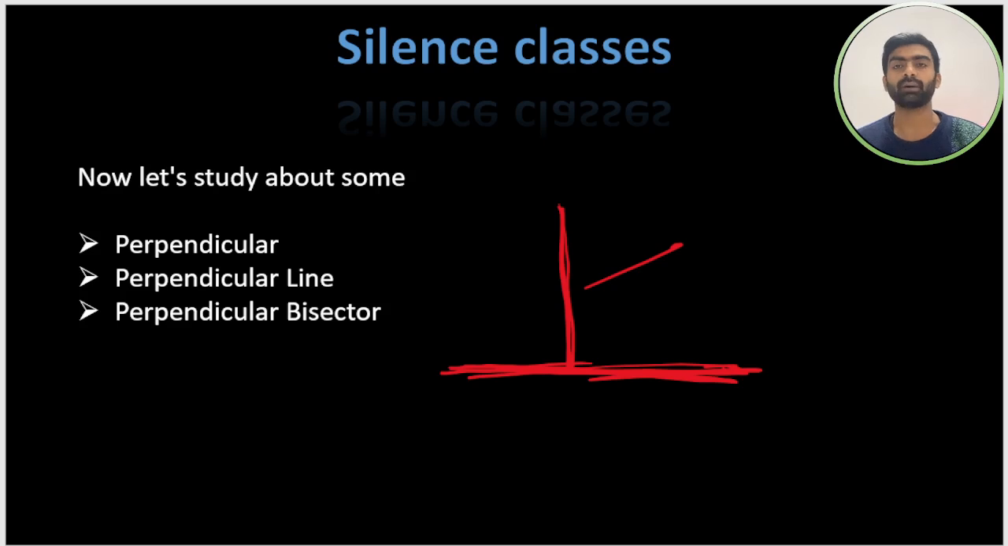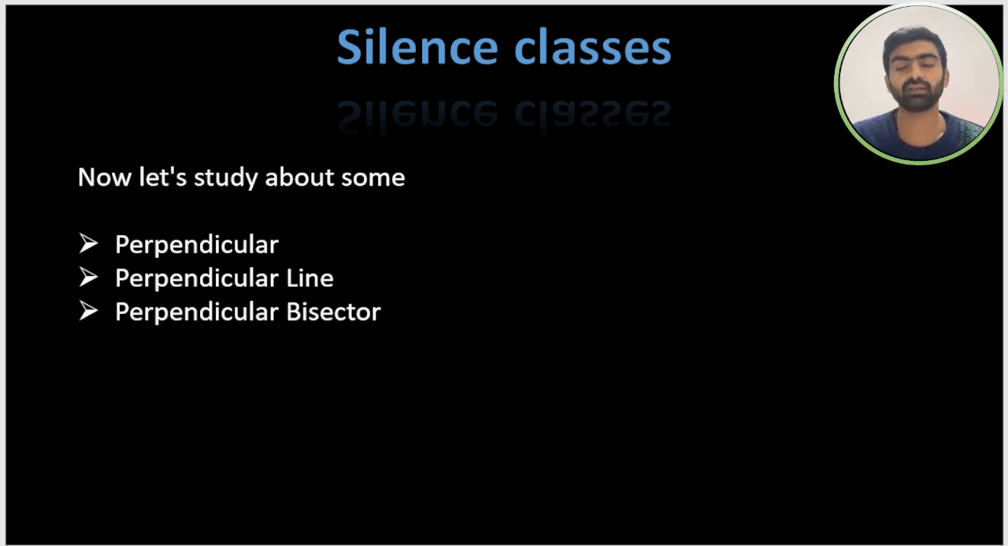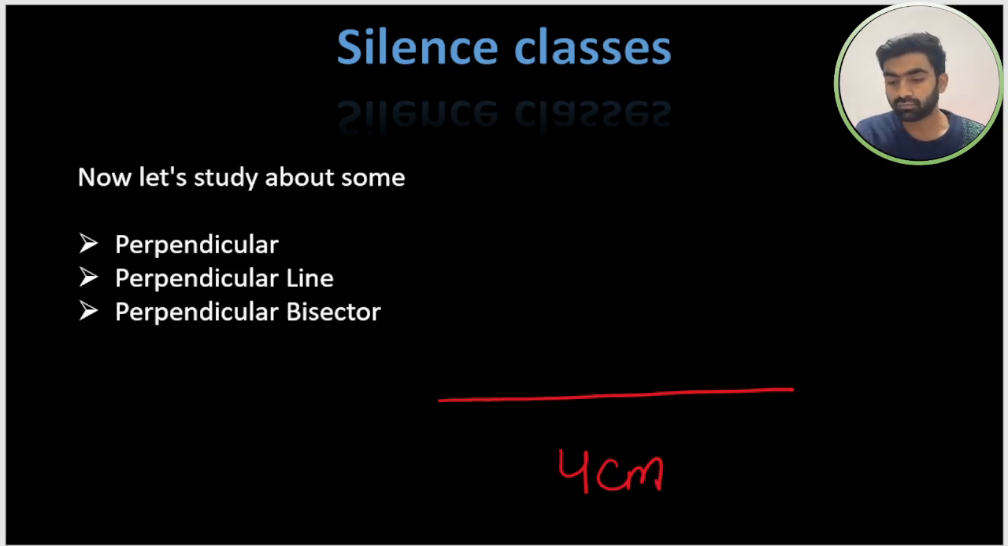Now what is a perpendicular bisector? The perpendicular bisector is really an interesting concept. Bisector means dividing that line into two equal halves. If we have a line like this of 4 centimeters, and I draw a perpendicular bisector on this particular line like this, and this perpendicular divides the line into two equal halves,